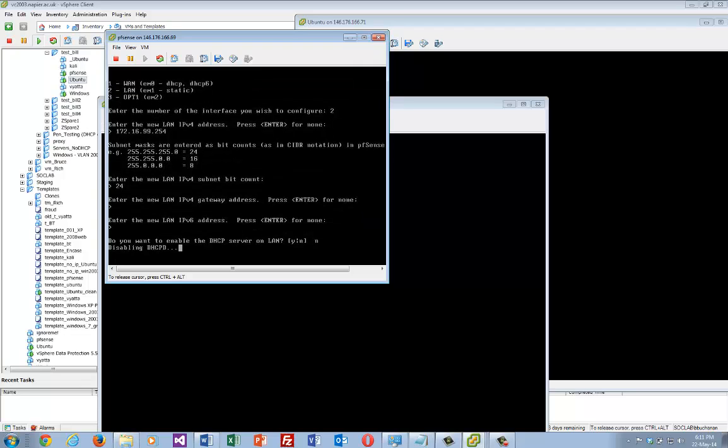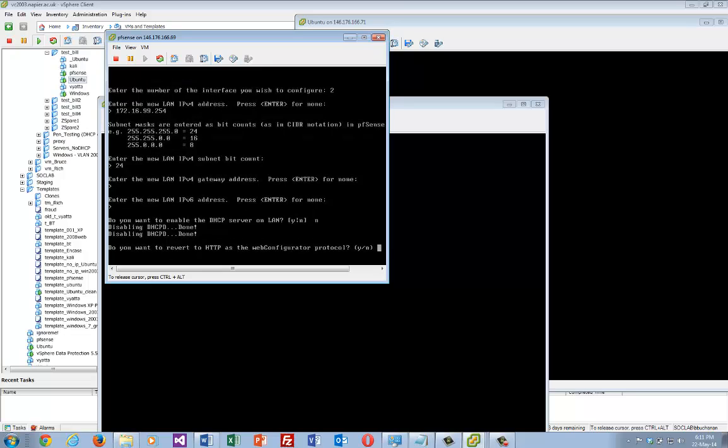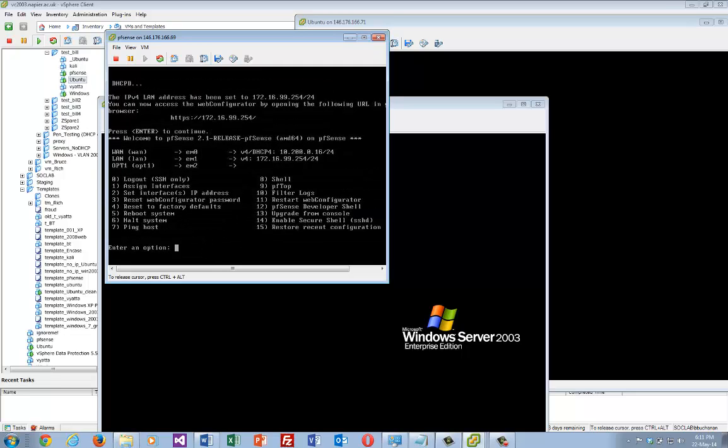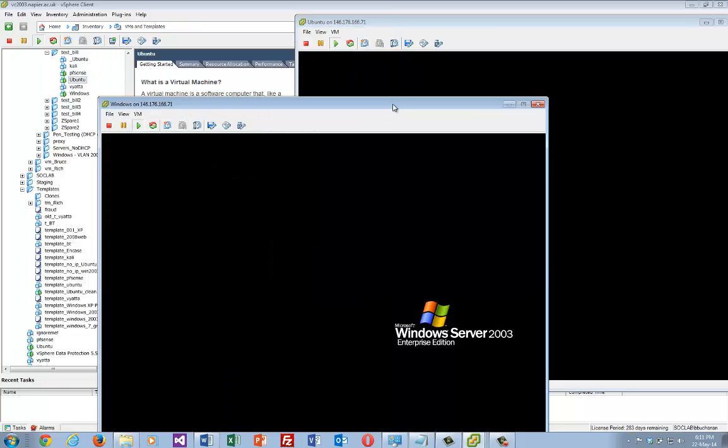No DHCP. And that's the setup. Okay, so we have our WAN address here, and then we have our LAN address, and that will allow us to get into the firewall,